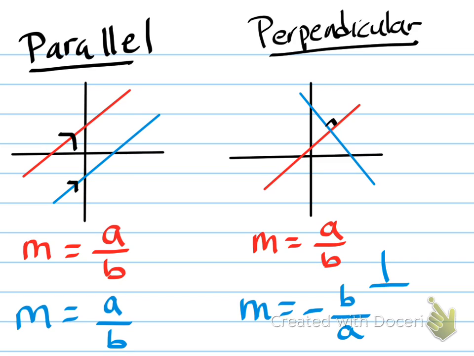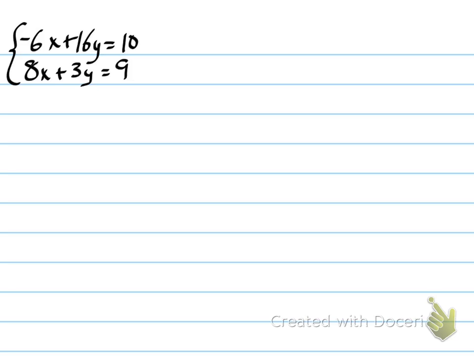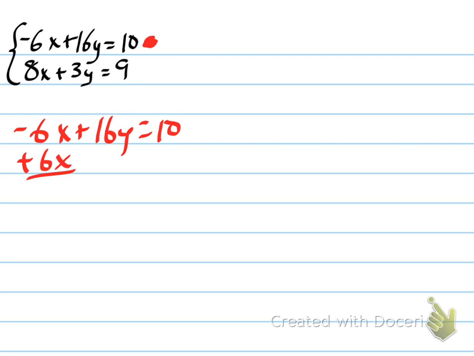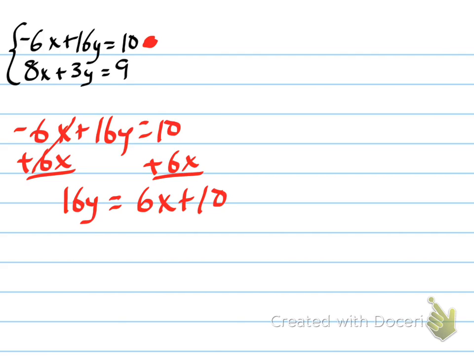Let's take a look at the slope of each line independently. So let's look at the top function first. I'll just call that the red function for consistency's sake. So to get its slope, I need to solve for y. So I have -6x plus 16y equals 10. I'm going to add 6x to both sides to maintain balance. And that'll give me 16y, that's a positive 16y, equals, these are unlike terms, so 6x plus 10. I'm going to divide both sides by 16,